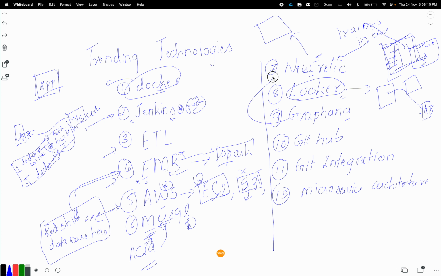Grafana is similar to Neuralink, which is basically used for monitoring the application, how your application is performing, and all the statistical data. In the backend, it uses InfluxDB for data processing. And as we all know, GitHub is widely used, most secure, two-factor authentication and all those things